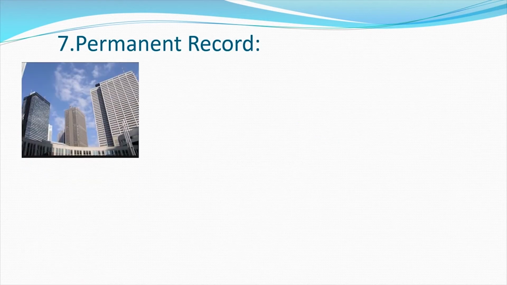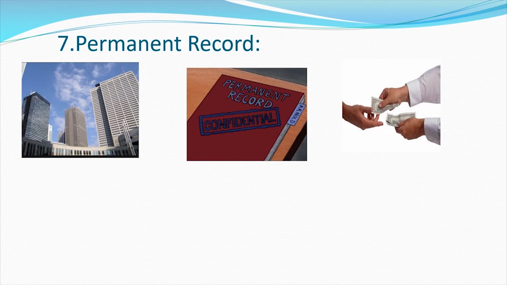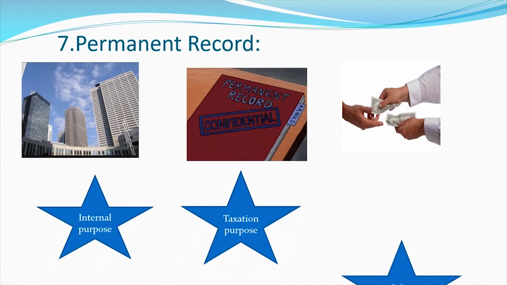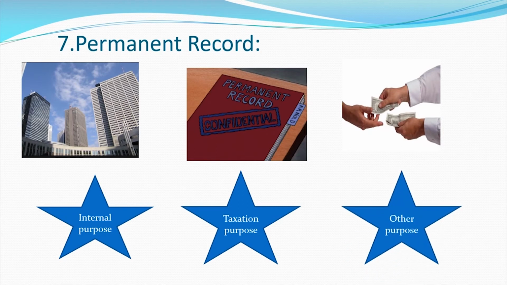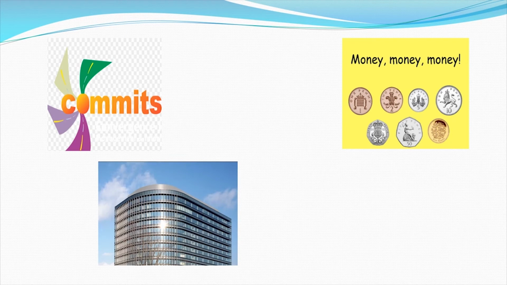Any business firm needs a permanent record of the transactions that it indulges in. These records could be required for internal purpose, for taxation purpose, or for any other purpose. Accounting serves this function. Whenever the organization commits any resource of monetary value either within the firm or outside the firm, a record is made. This permanent record is held on for years and can be retrieved as and when needed.